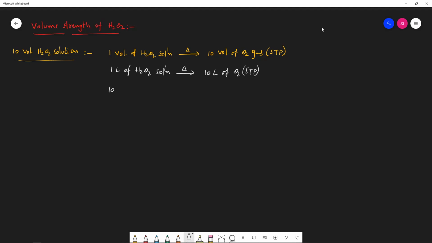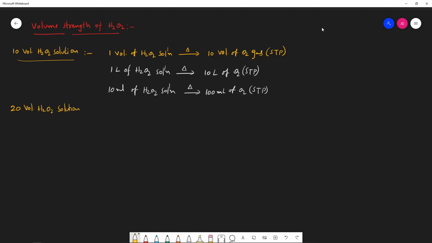If I take 10 ml of H2O2 solution and subject it to heating, this is going to liberate 100 milliliter of oxygen at STP conditions. So like this we have to understand. And in the same context, when I talk about 20 volume strength H2O2 solution,